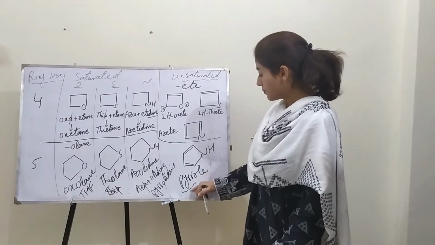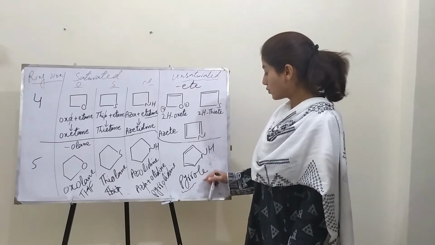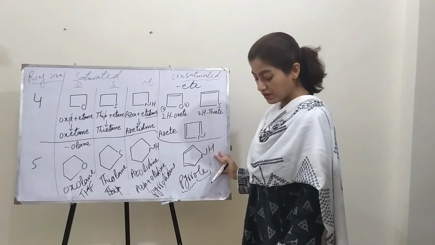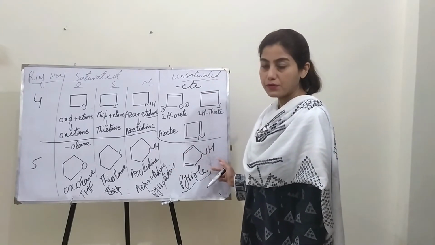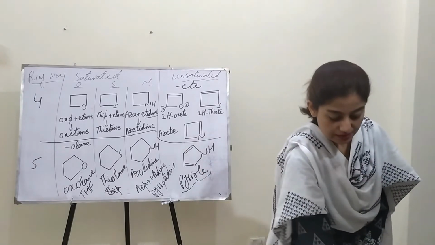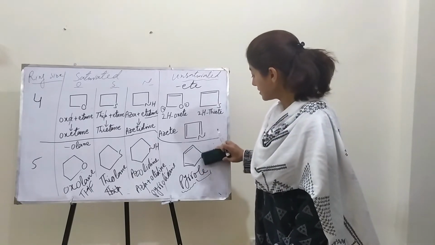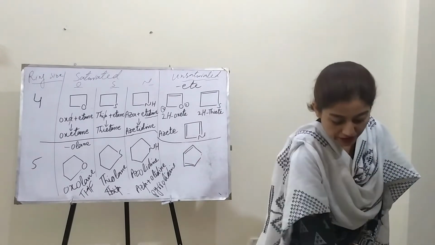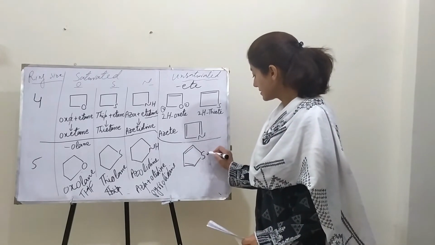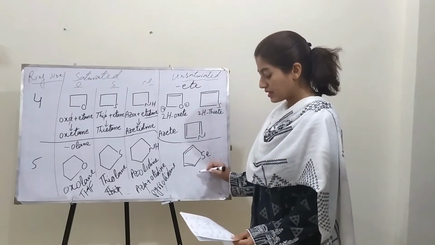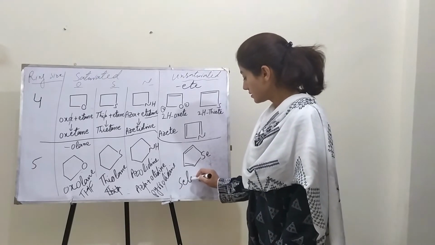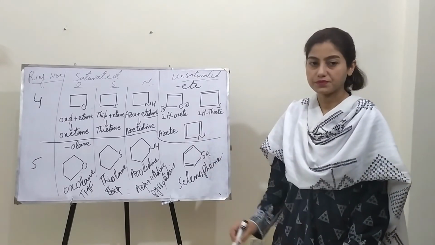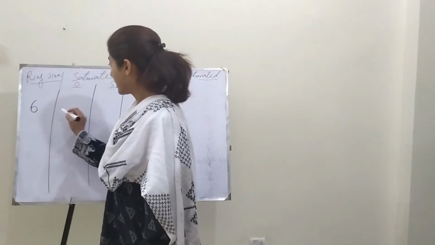Here pyr stands for nitrogen and ol stands for an unsaturated 5-membered ring. So its common name would become pyrrole, and if it is with selenium as the heteroatom, then its name would be selenophene. Here it is selenium and its name becomes selenophene. Now in the case of 6-membered rings,